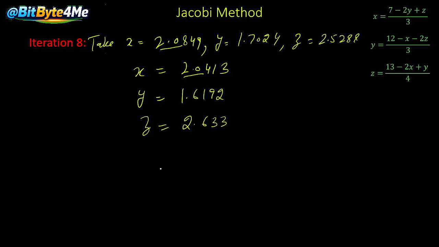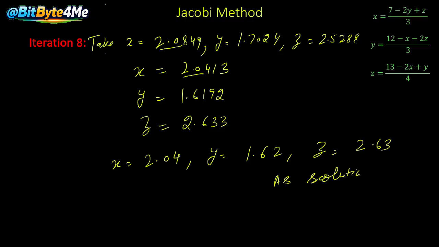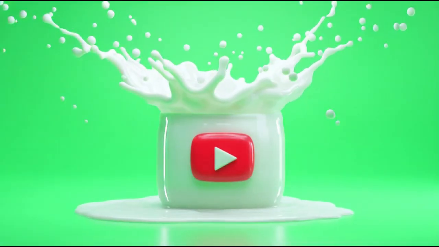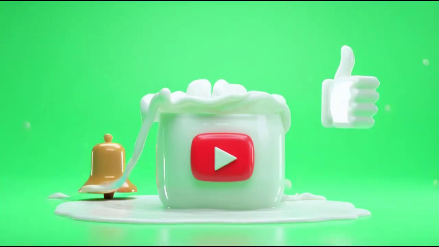So you can say we have got our answer as x is equal to 2.04, y is equal to 1.62, and z is equal to 2.63 as the solution. If you want the answer correct up to 3 or 4 decimal places, then you have to do more iterations. So it is a little bit lengthy method,